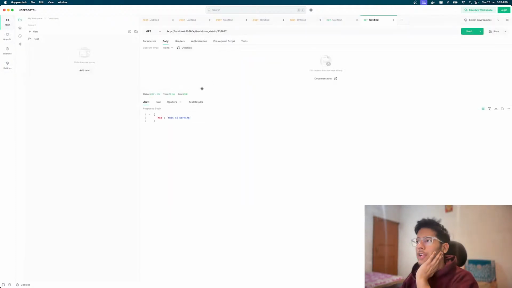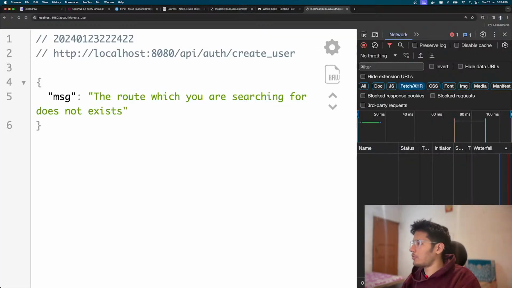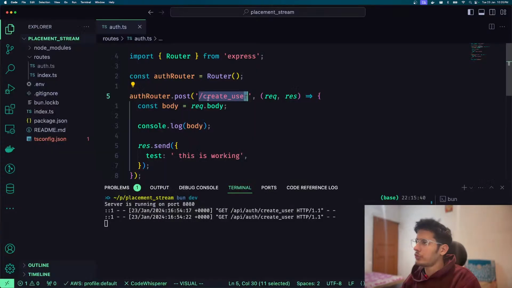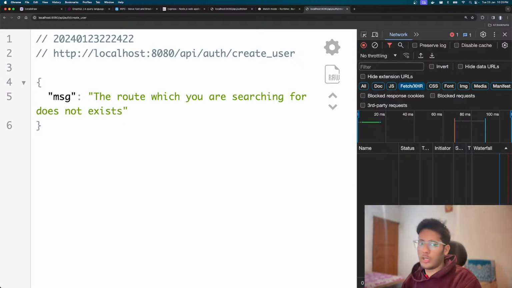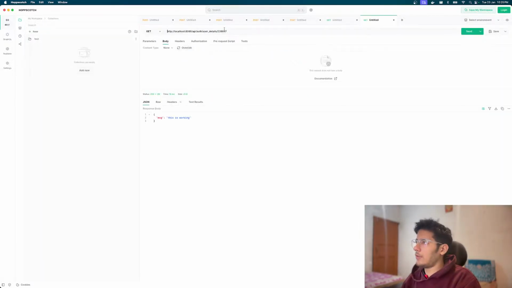Whatever. So let's go to the REST section, and then let's try to use this particular API which we have created, which is create user. So we'll go to, where will we go to? We'll go to Hoppscotch, and then we'll write